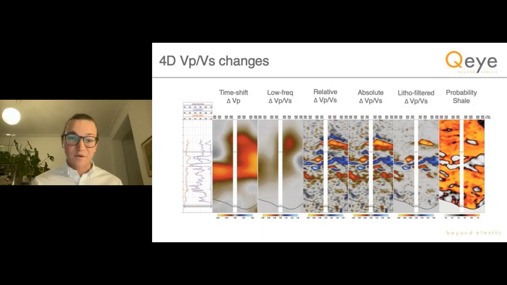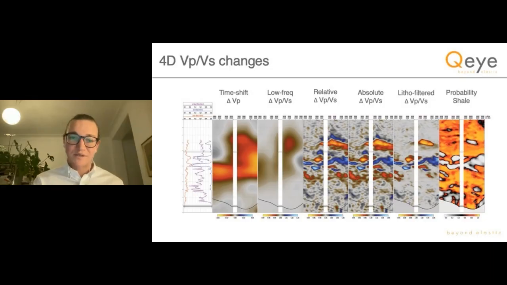So we need this other dimension so that we can look at our rock physics and be able to potentially better separate between different effects. So once again, on the left side, we see the change in velocities. These have now been changed into a change in VPVS low frequency model. And the way that this is done is by